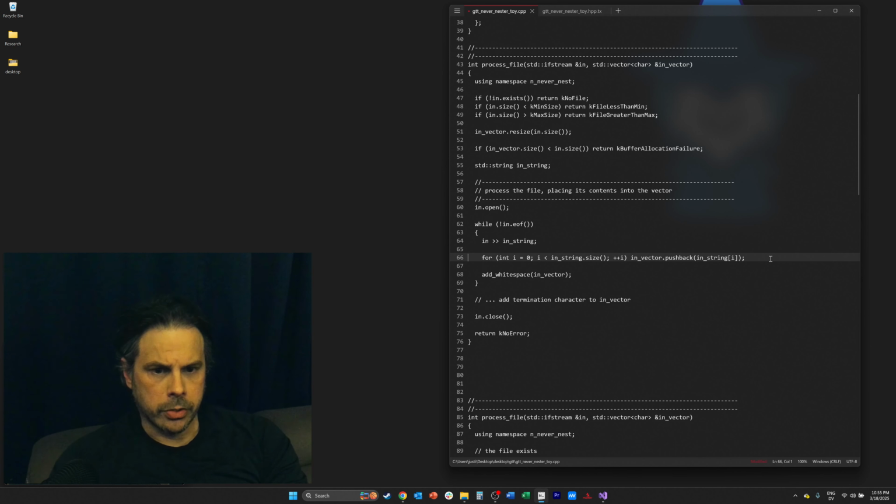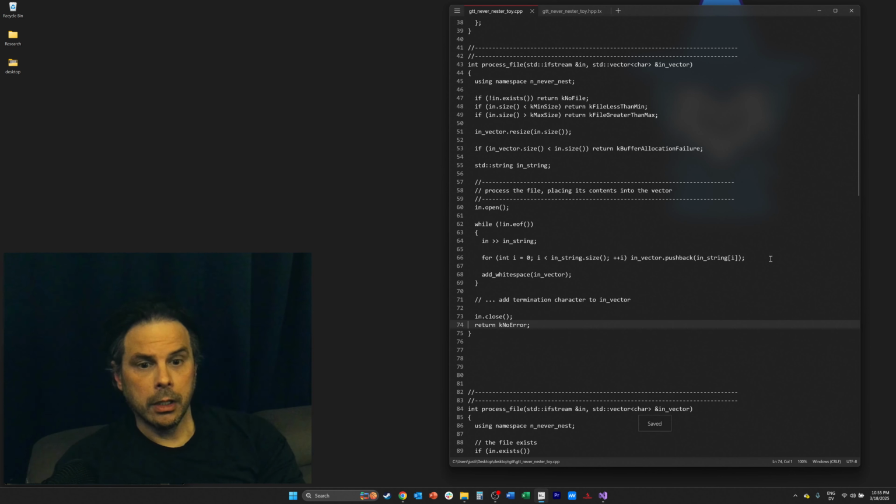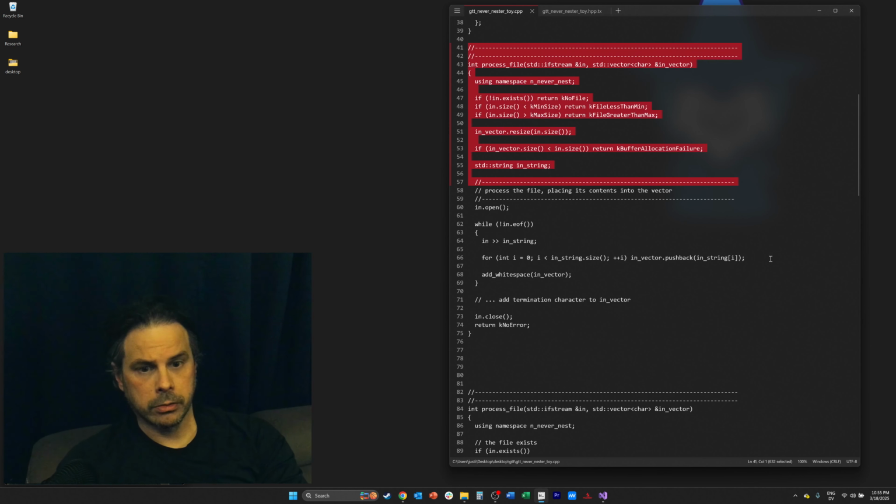Okay, so then we walk through the in string size, and then we push back that stuff to our vector, and then we add whatever the white space is for this in vector. We do this termination if we need it. We close, and then we return no error. Great. And what you'll notice here is that, at least in my mind, this code,